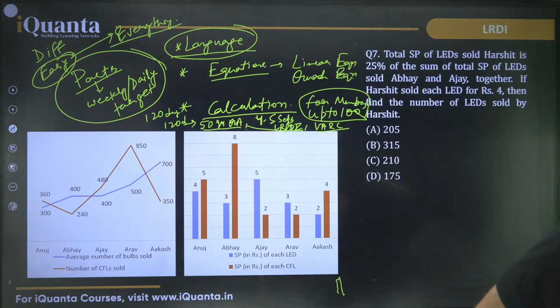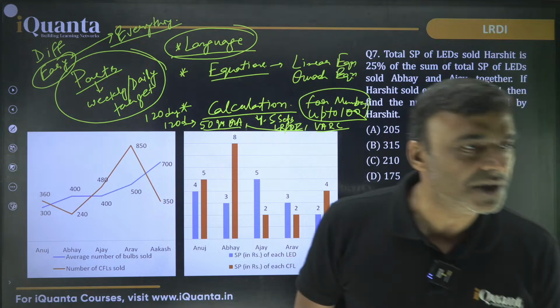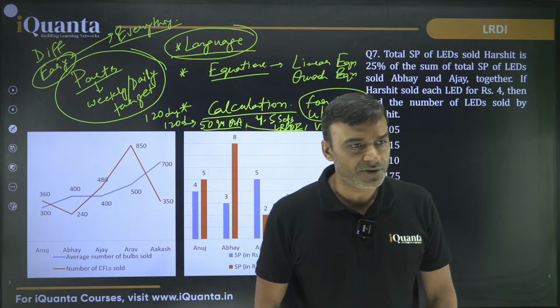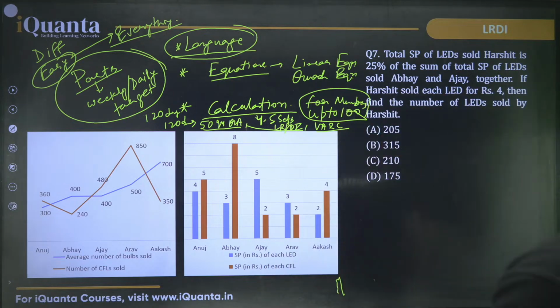Algebra, geometry ka backlog, I don't understand where to start from. Very basic. One thing is, Rutuja, you can go to the recordings of the initial classes of algebra and geometry and start from the basic exercises that are given in your iQUANTA book. है ना? वहाँ से शुरू करो, फिर आगे बढ़ो.